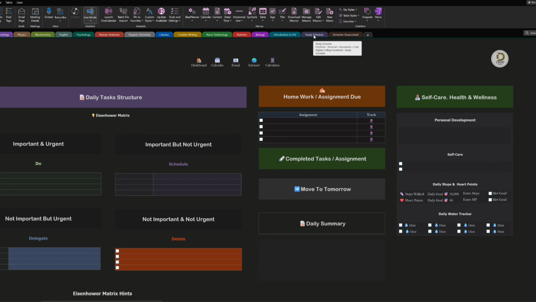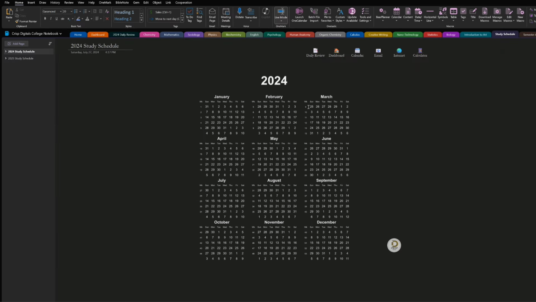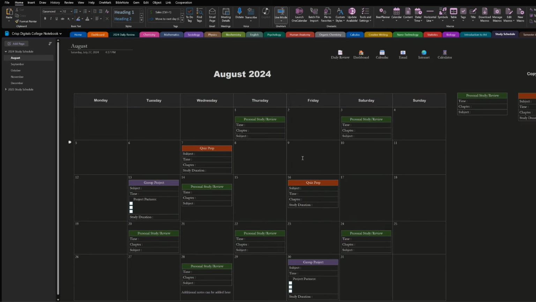So if I click on that, it will take me to my 2024 calendar. Okay, so we are in July now. Right here I can click on this to drop this down. So this is the study section, or study schedule, where you plan your studies. You can go to August because this will come into August. So if I click on that, all right, as we get into this August 2024 calendar, you can see